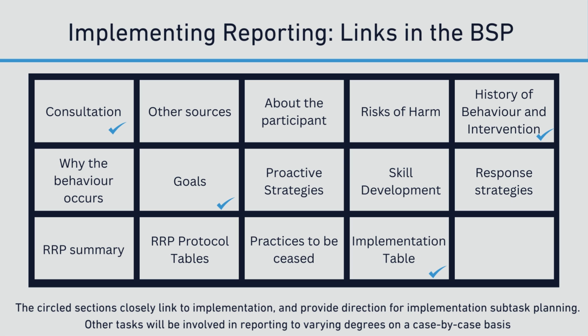So we know that when we're implementing our reporting, the behaviour support plan is going to give us some indications of who we're going to be reporting to and what that looks like. Remember that we must connect our consultation stakeholders with the reporting. So we have to report to the right people, but we also have to collect information from them. We need to make sure that our reporting takes into account the history of the interventions for the person. Make sure that we're recognising the person's goals and how we're achieving those. And we need to recognise that the implementation table identifies when our reporting is due and how we meet those obligations.